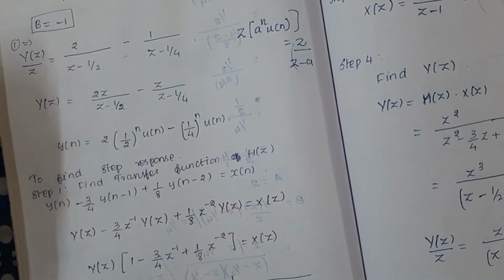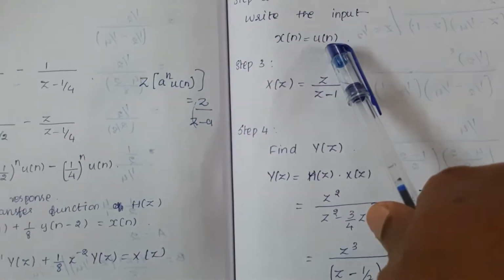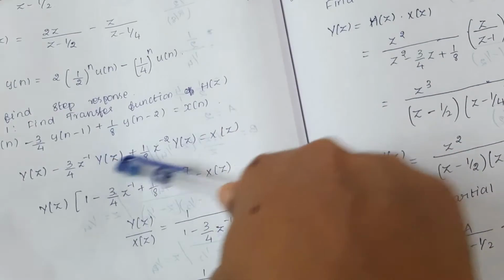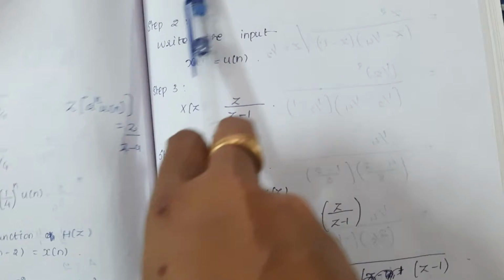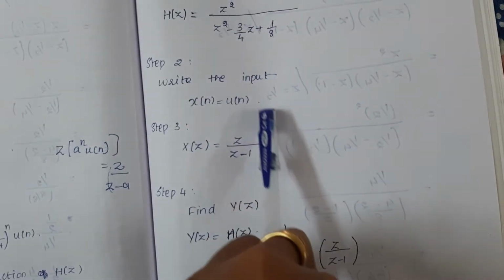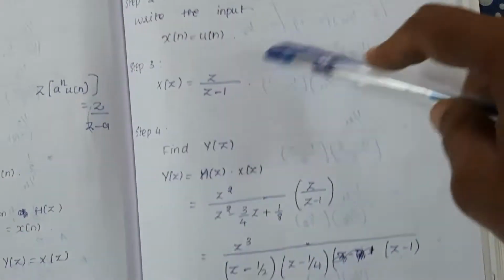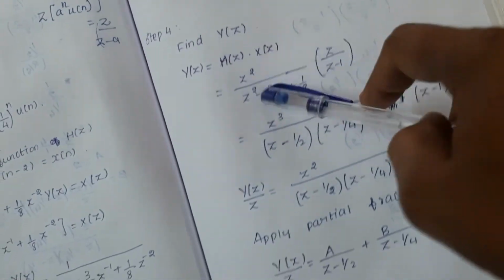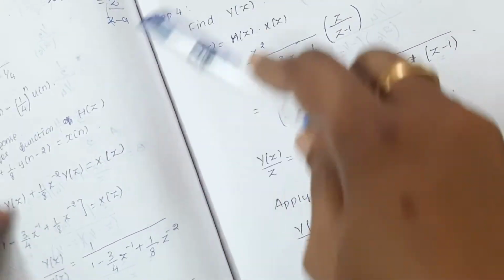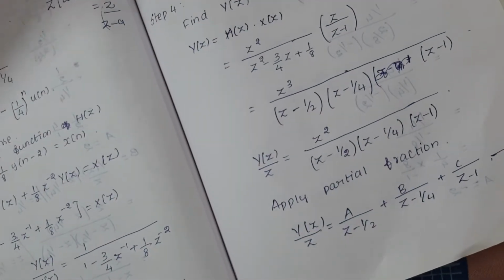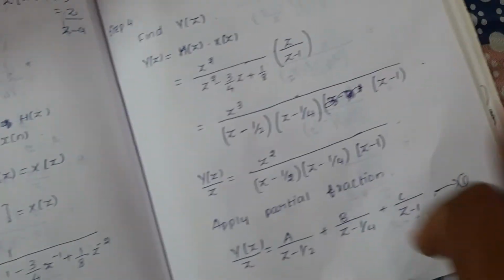Next we are going to find the step response. For the step response, you take the input as x of n equal to u of n. The transfer function is the same; previously we found H of z, and here also, by the same method, we find H of z. If you apply the z transform for u of n, you will get z by z minus 1. You want to find the output response, so we take the input as the step. So Y of z equals H of z into X of z, by solving these two.